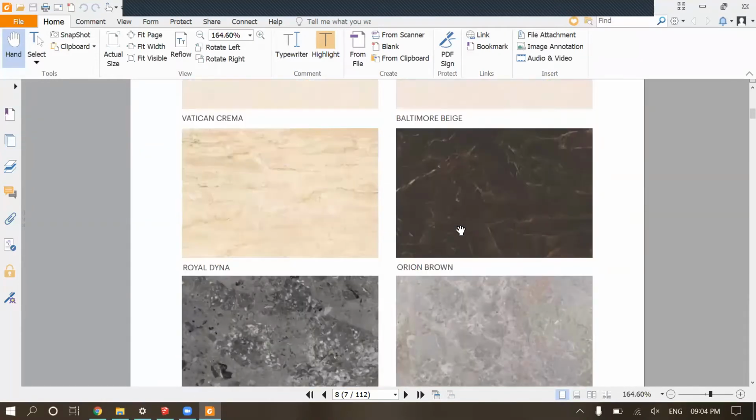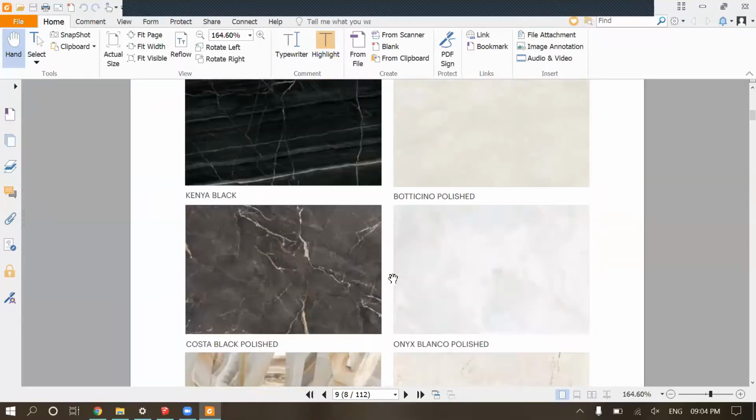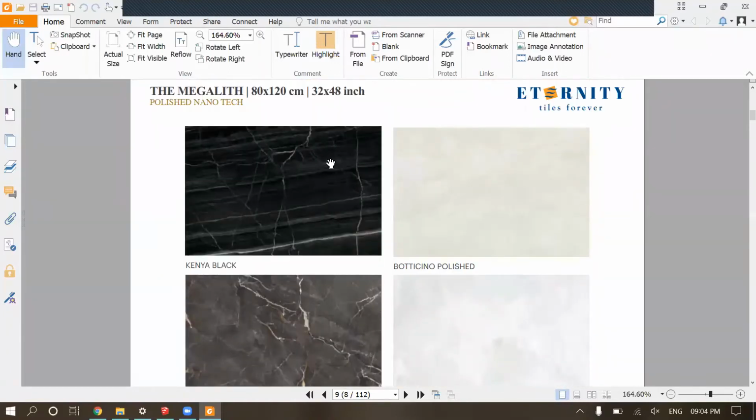So let's say we need to add this tile in our work. So we'll be using this snapshot part. I don't know if any other PDF reader uses this, but I am currently using Foxit.